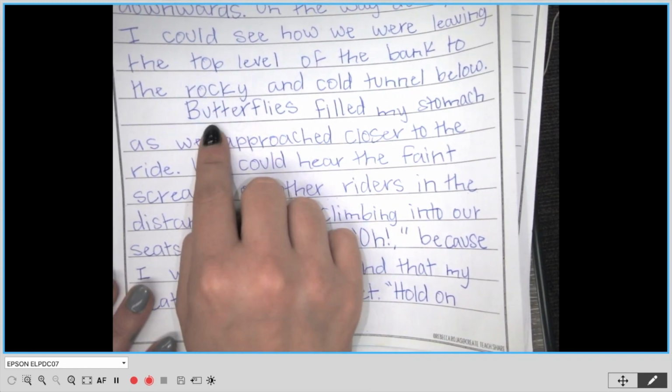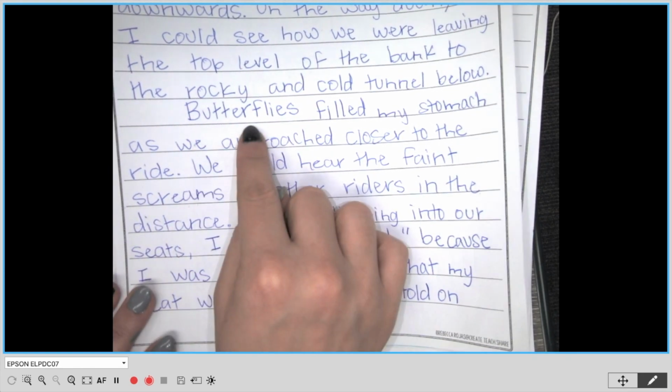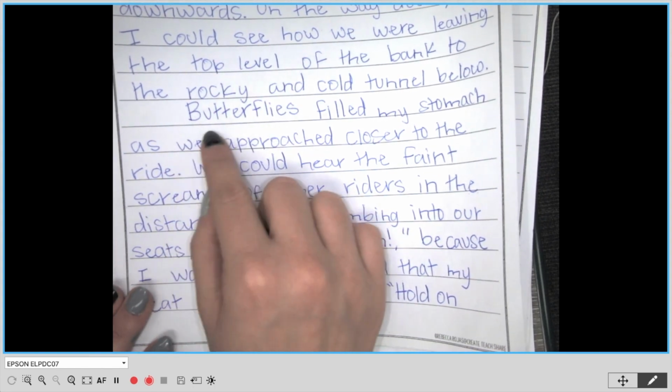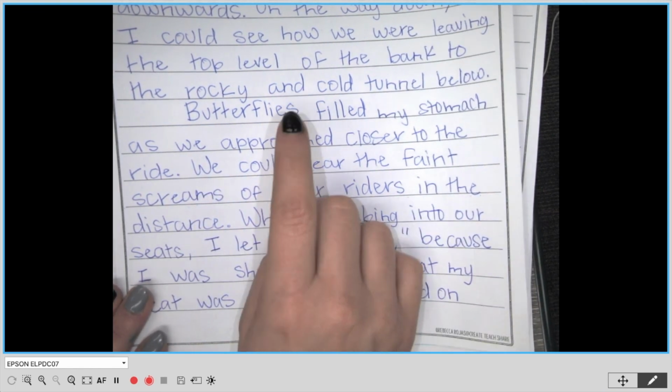So what that meant was I started on a new line. I indented so that way my reader knows that this is a new paragraph showing a shift in time. So I'm going to go ahead and read for you and explain as I go along why I included certain things. So I said,